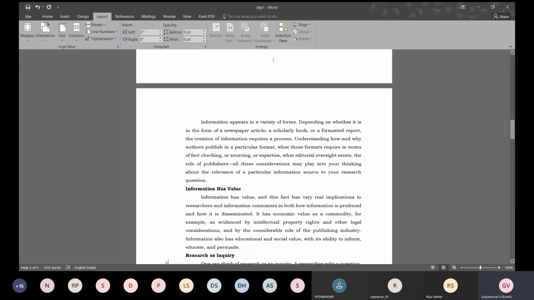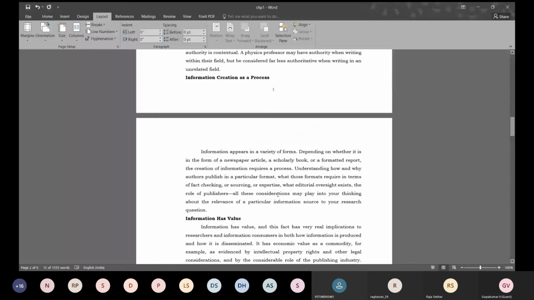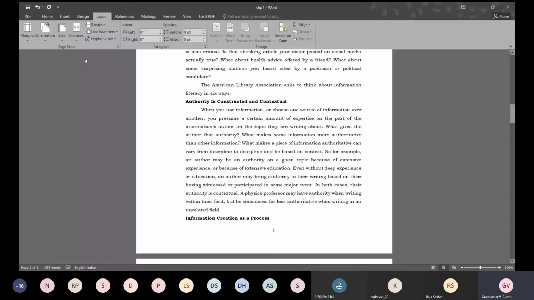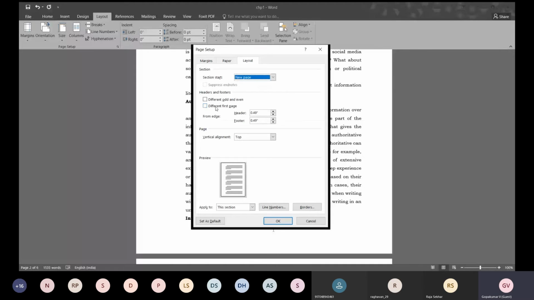Yeah. So here you can see that what we have to do is, again we have to go there, and in the layout we have to click different first page. When you click on different first page, the first page will not have a page number. So now it is